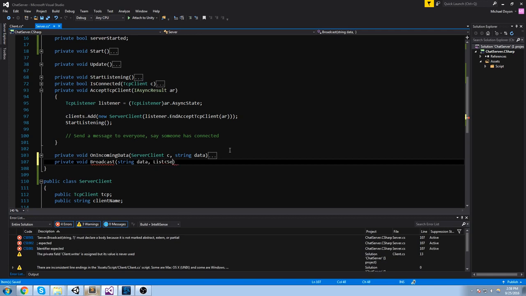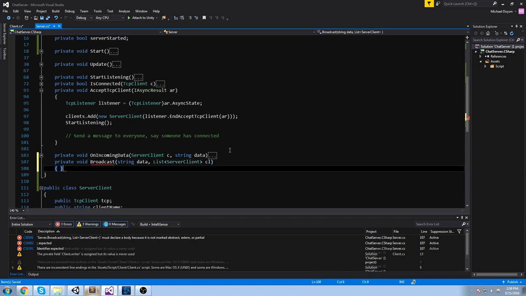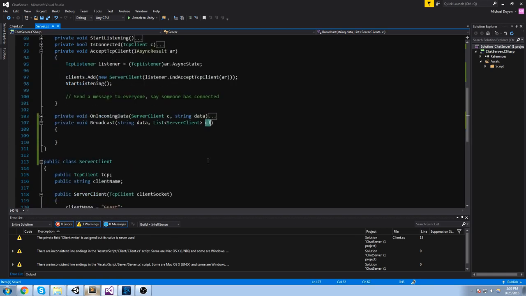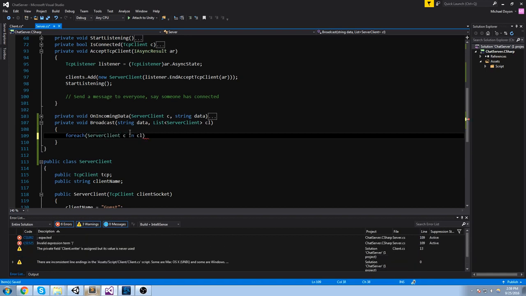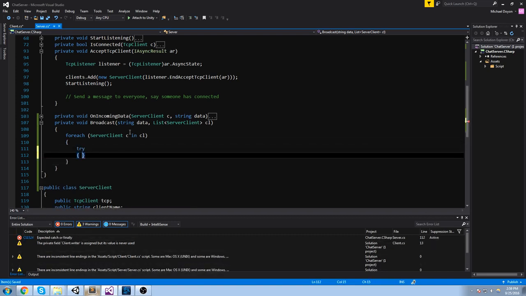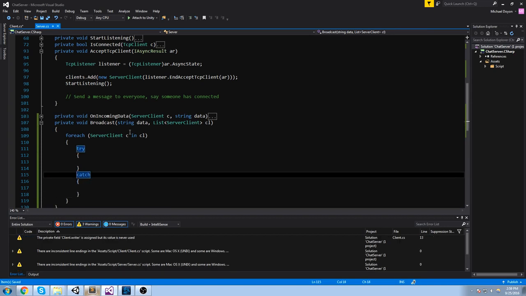And then after that, we're sending it to a list of clients. So we can decide whether we're sending it to only one person, two persons, three persons, like only people in a certain team. We can be filtering that by putting the right clients in this list that we send. So for each server client c in client list, or CL for short, we're going to try and send those messages. Else, let's catch that exception